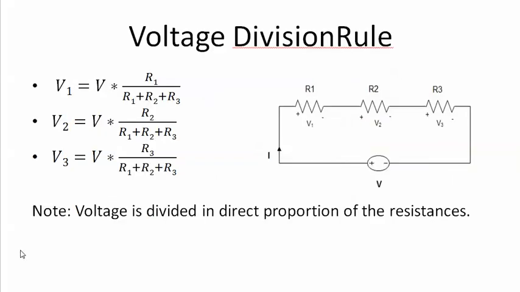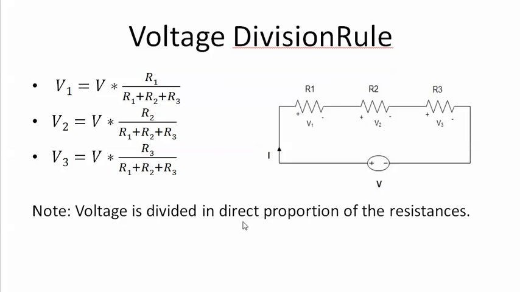Now going to voltage division rule. Voltage division rule is applicable to series circuit. That is, this is the circuit we had seen before. Here V1, V2, V3 are the voltage across R1, R2, R3 respectively. So for finding out the voltage across R1, if we know the total voltage V, we can find it as V1 is equal to V into R1 by R1 plus R2 plus R3, that is total voltage into the respective value of resistance divided by R equivalent, total resistance. Similarly, voltage V2, V3 can be written in a similar fashion.